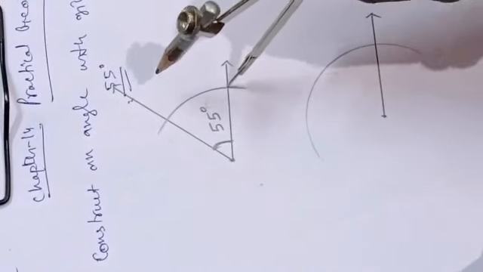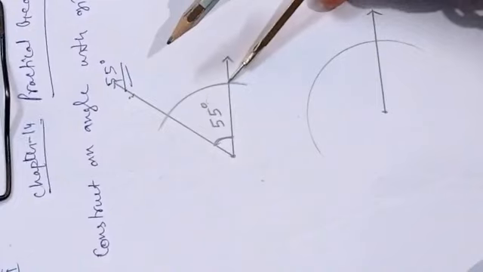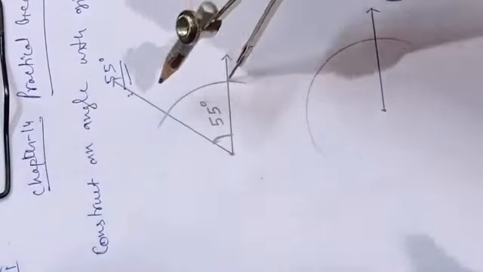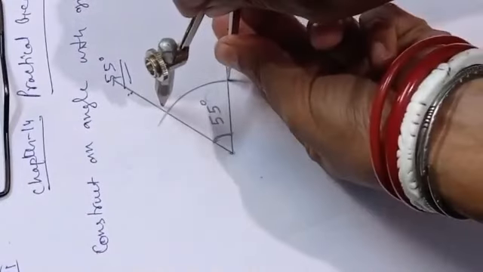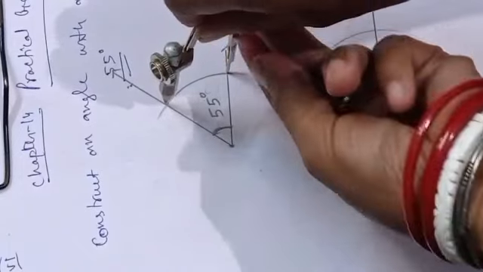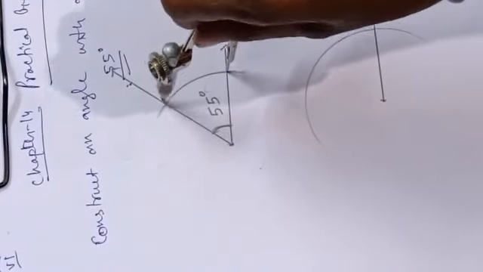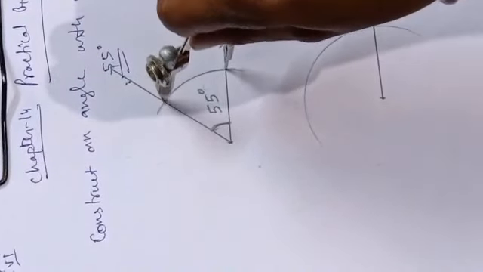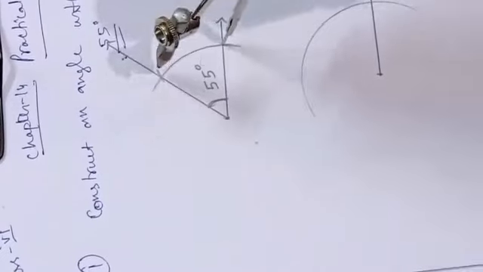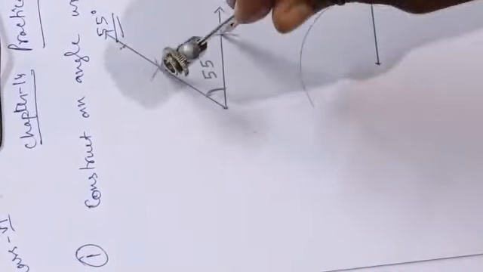Now I want to take the measure. So what I will do, I will come to this intersection point where that arm was intersected by the arc I have drawn earlier. Now I will set my compass like that, by reducing or increasing the gap as required. Then I will come up to the other intersection of the other arm with the arc. I hope you all have understood what I am doing here. See, here I have touched that point where they have intersected.